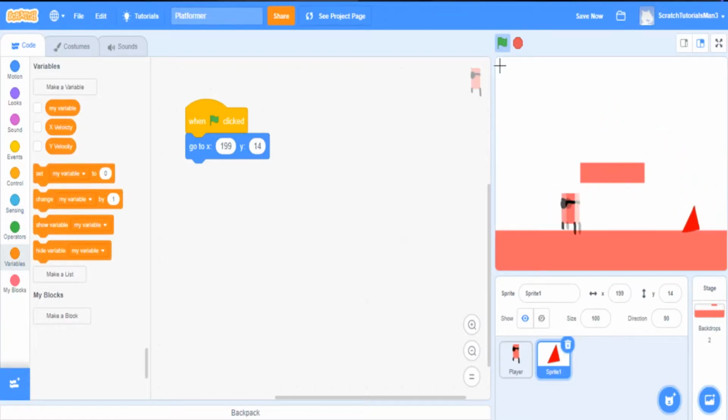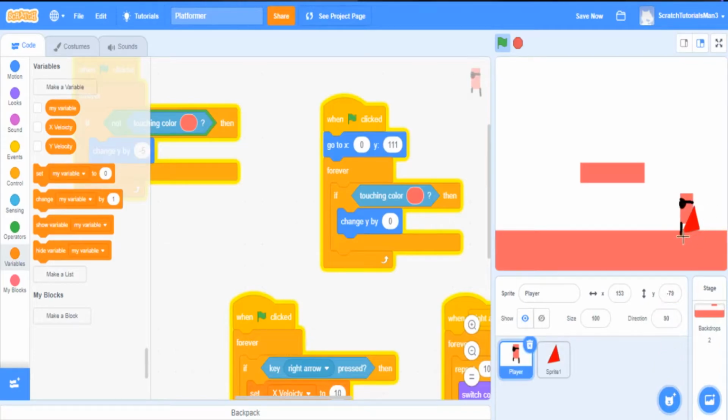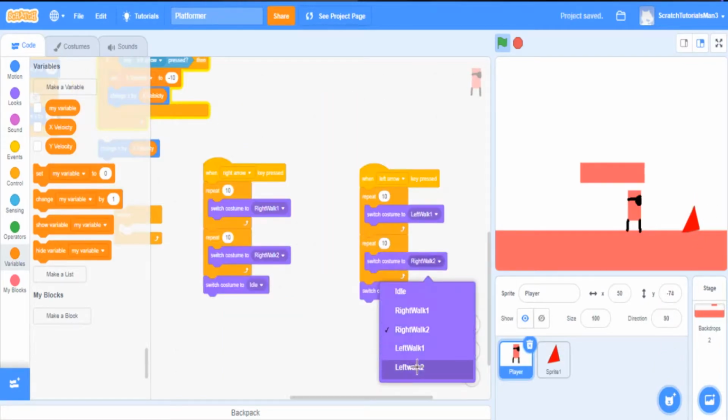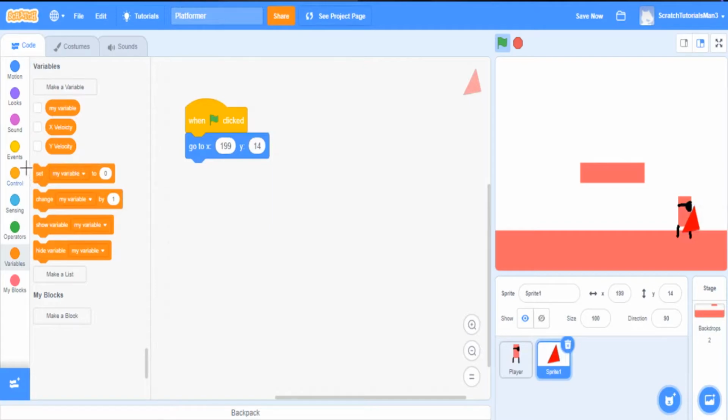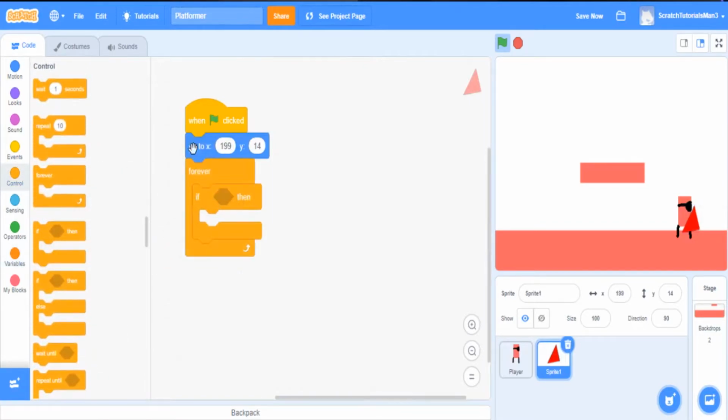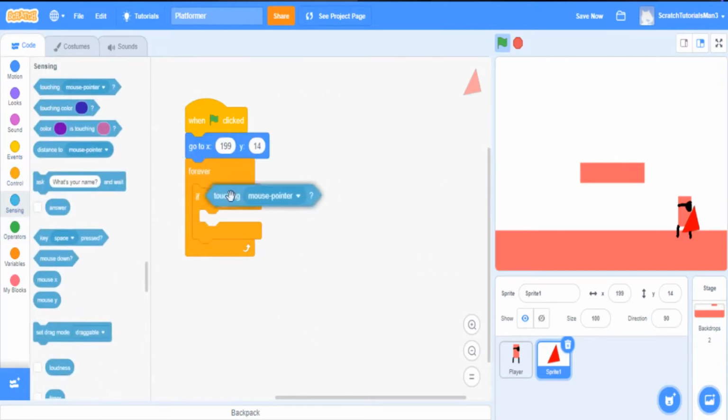But when I run into the spike, nothing is happening. Why? So you see, the problem is that when I walk into this sprite, just do this, alright? Now it's actually fixed. Okay, but still, when I run into it, nothing happens. So what you're going to do to fix that is forever if touching player